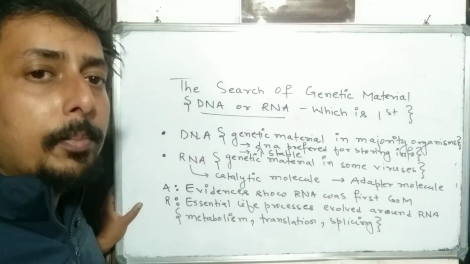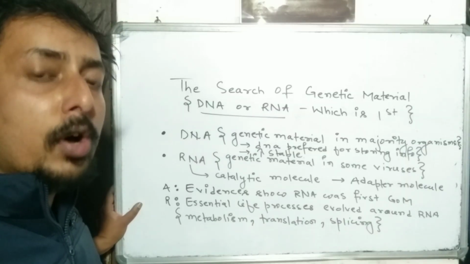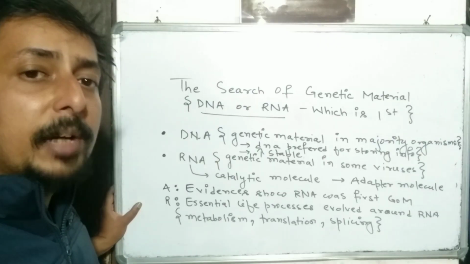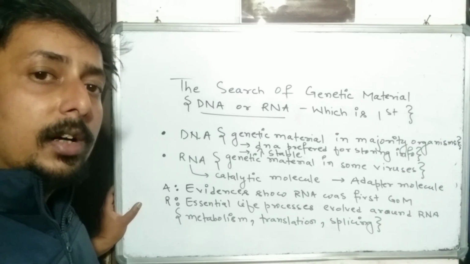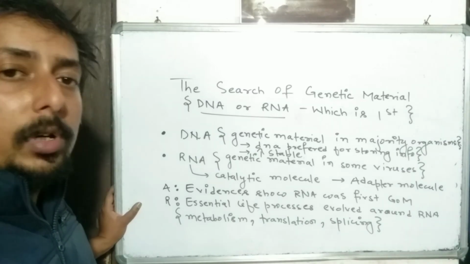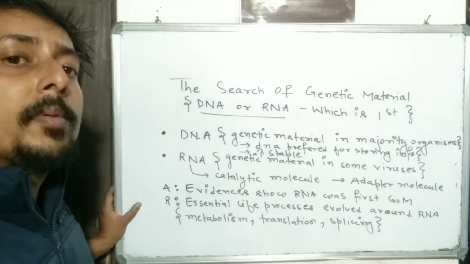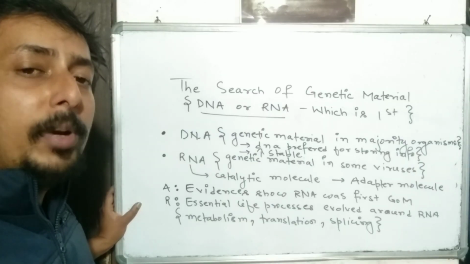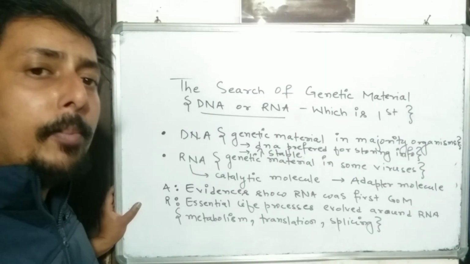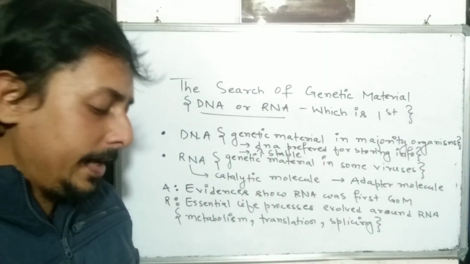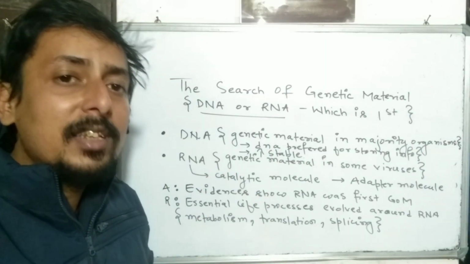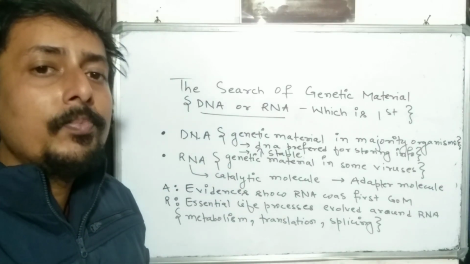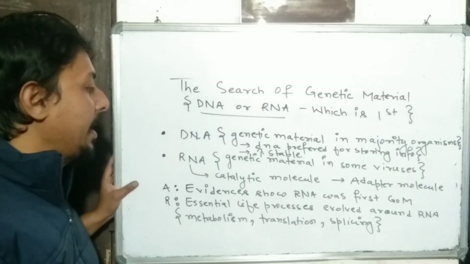But why do you say that RNA is the first genetic material and DNA evolved out of the RNA? Because many biological processes that are essential in organisms, for example, metabolism, translation, transcription, all these are around the RNA molecule. All these processes have evolved around the RNA molecule. RNA is a versatile molecule. It plays many roles in a cell. For example, it stores information. It is used in the production of proteins. It maintains the production of chemicals. It maintains metabolism. There are many uses of the RNA molecule.